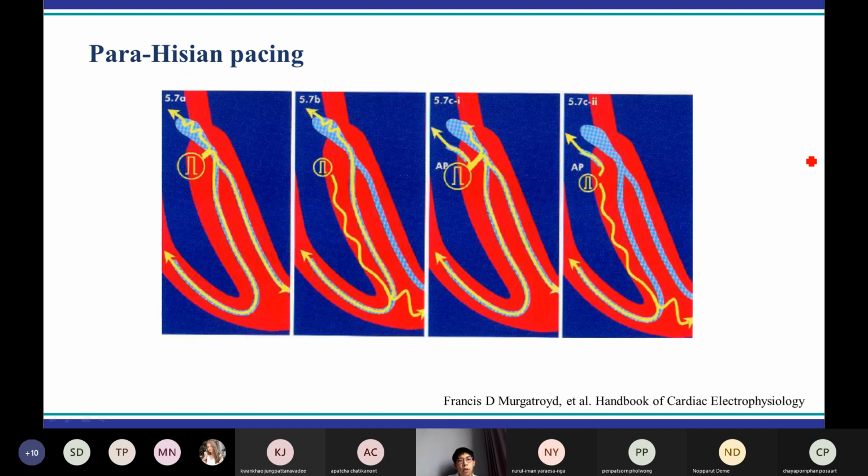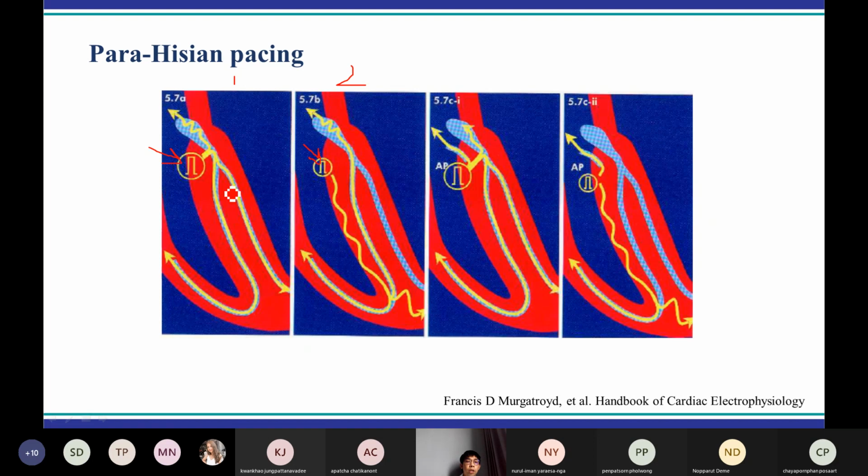Usually when you pace, I want you to see these two photos first. The first one, you see the pacing size is larger than this one. This means the larger one is when you put a high output into the patient's heart. The smaller one is when you put a low output into the patient's heart. When you put the high output into the patient's heart, the